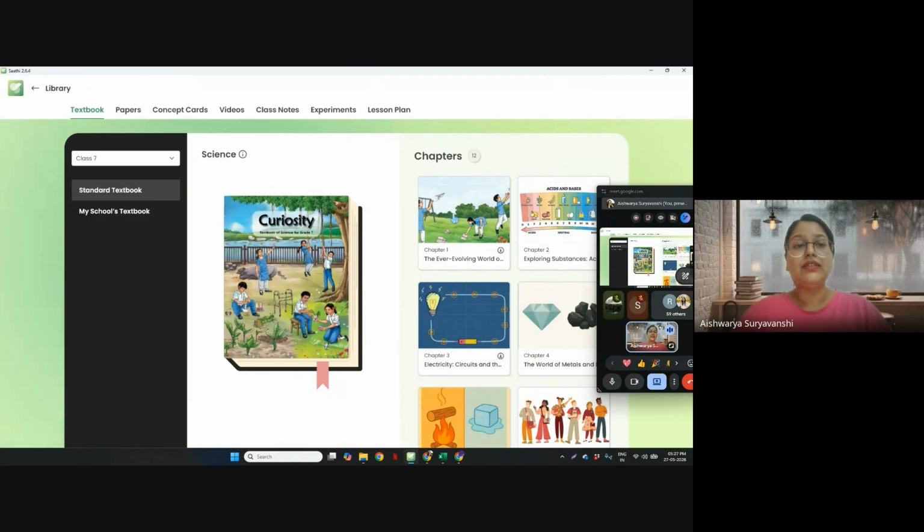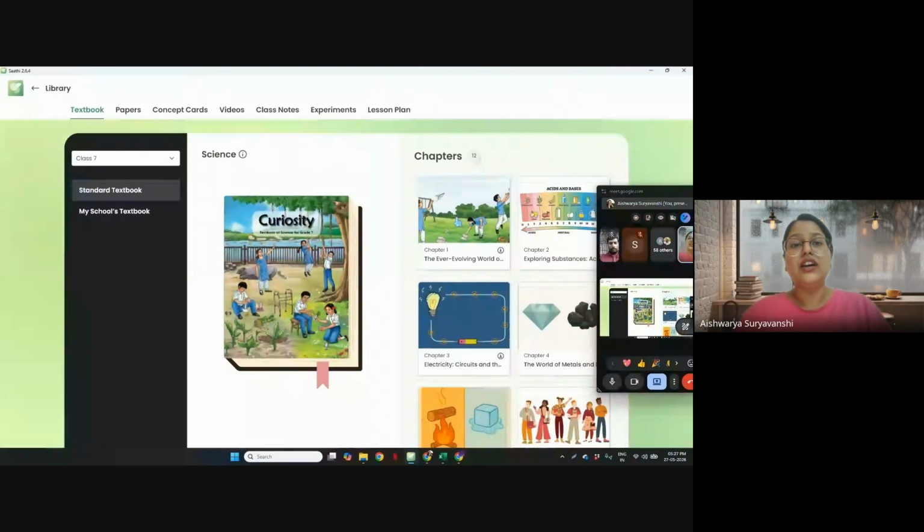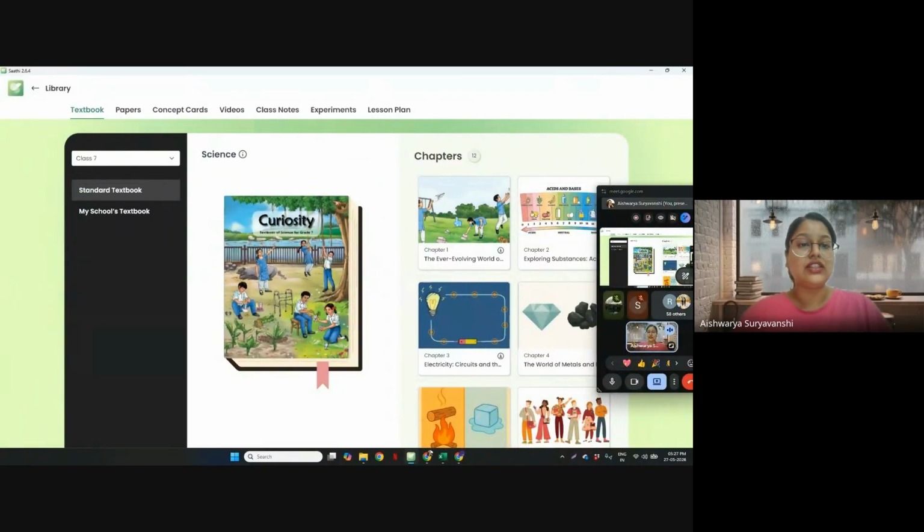This is something which you can use for all the subjects, not restricted to language subjects only. If you want to use it for science, maths, EVS, feel free to do that, because the more customized assessments you do with your students, the closer you get to understanding what is happening in your class and what exactly the status of your students' understanding is, right? So this is one way.